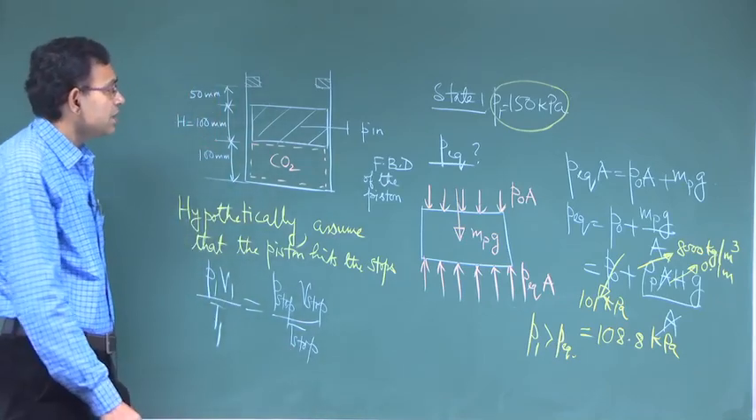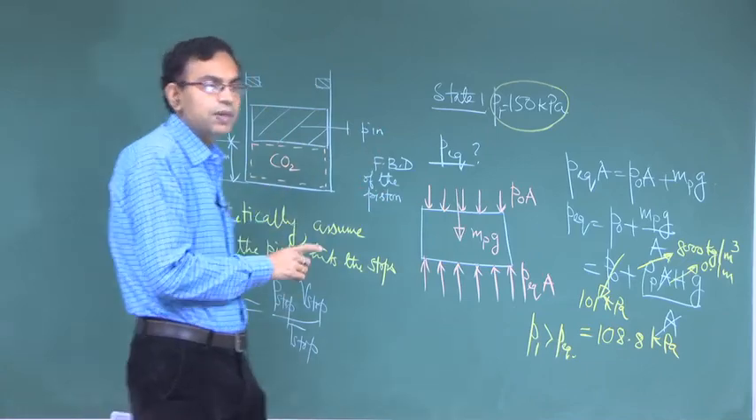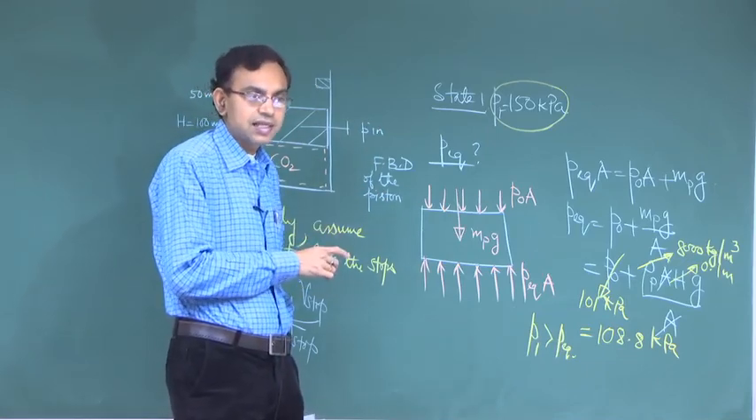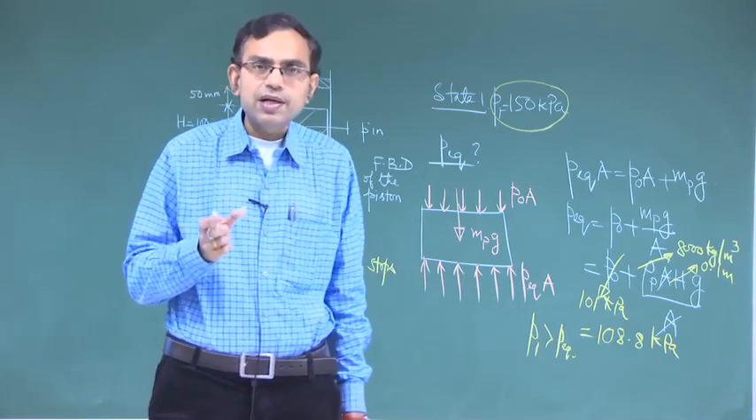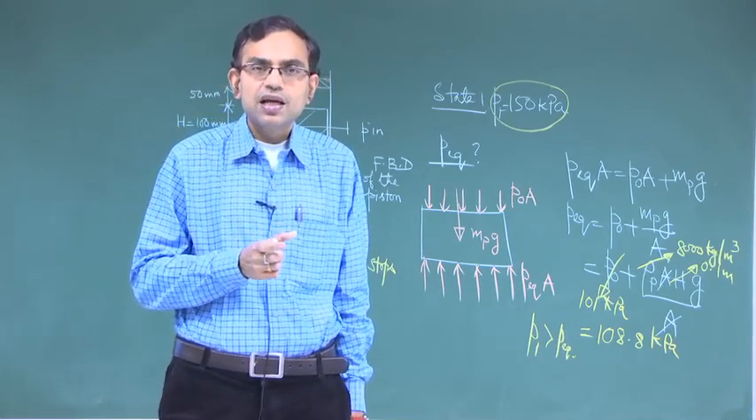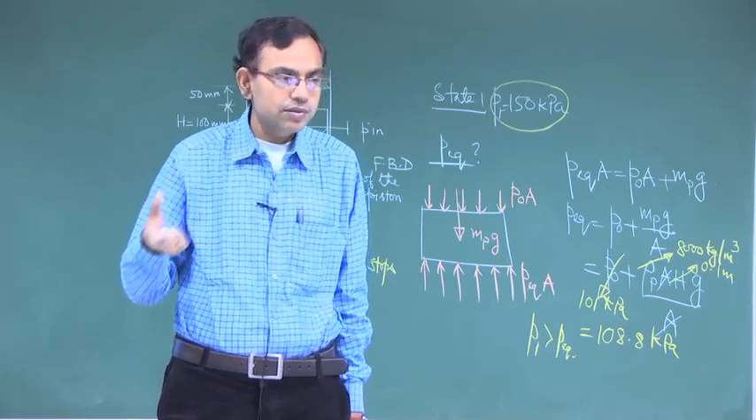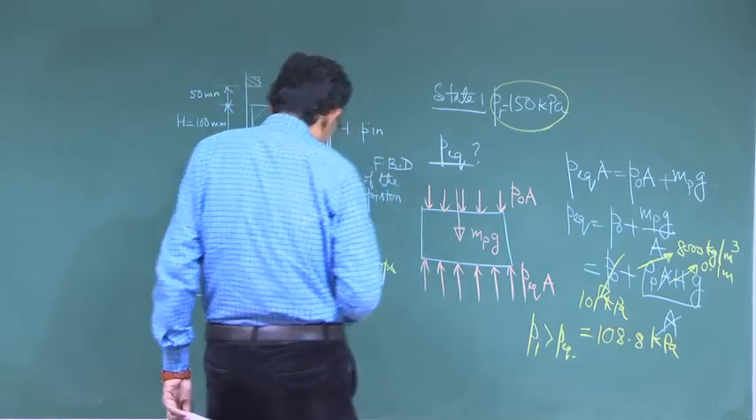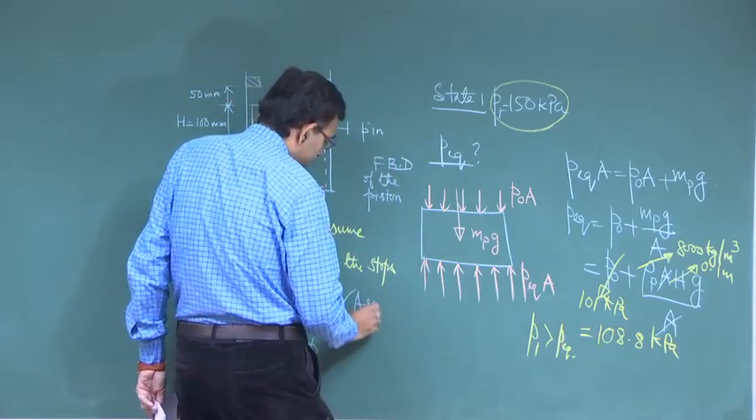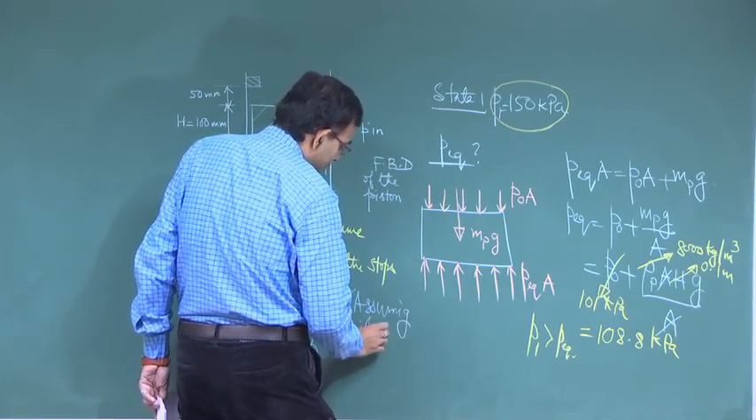What is the assumption? The assumption is that we can treat carbon dioxide at such low pressures as an ideal gas. Remember, a real gas can be approximated as an ideal gas at reasonably low pressure or high temperature. So, assuming ideal gas behavior,